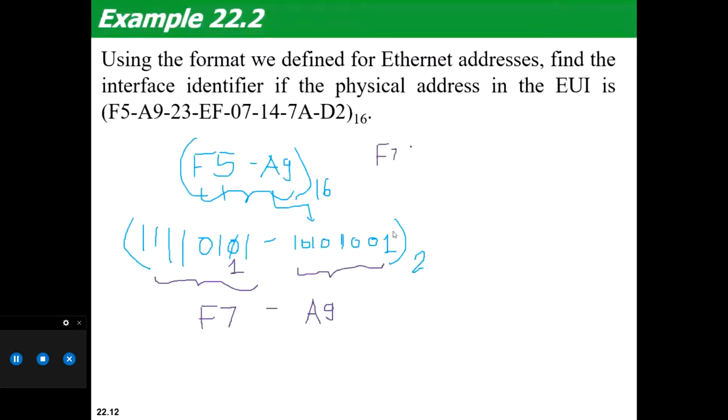I'm taking a group of 4, so that is 23EF. We will take a group of 4, remember that, in an IPv6 address. जब भी IPv6 address में जाएंगे, we will take a group of 4. So 07, 14, and then 7AD2.